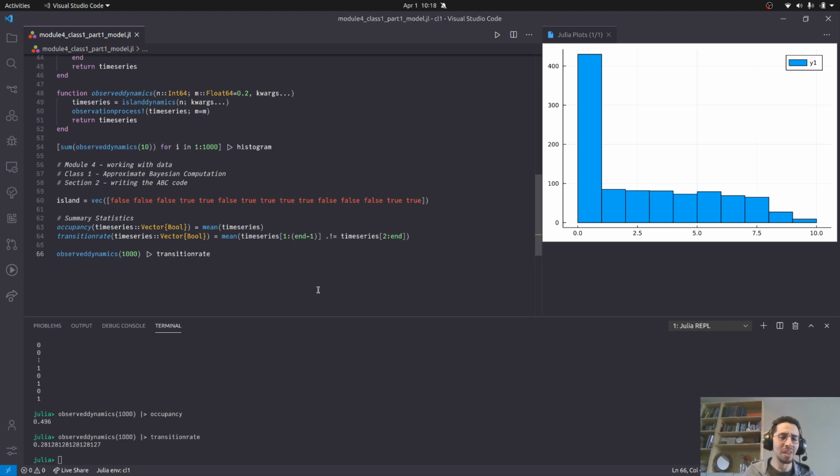Now the question is, are these two values a good representation of the empirical data set? Yes or no? In order to do that, what we need to figure out is the distance, not between the model and the data, but between the summary statistics of the model output and the summary statistics of the empirical data. Because we could change the model, we could get different data, but they're all going to converge to speak the same language of what defines a time series: occupancy and transition rate. So